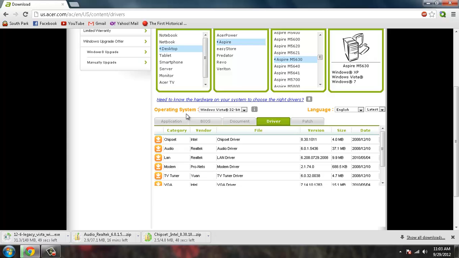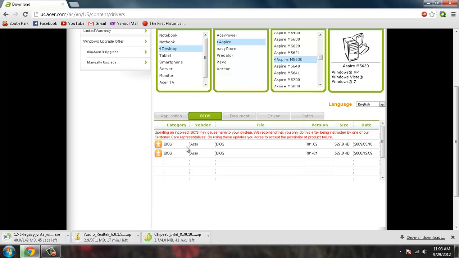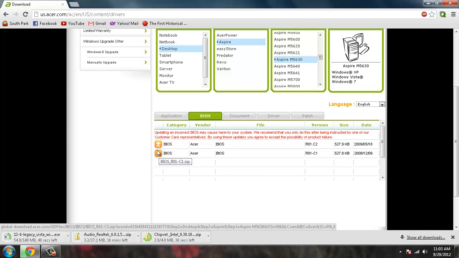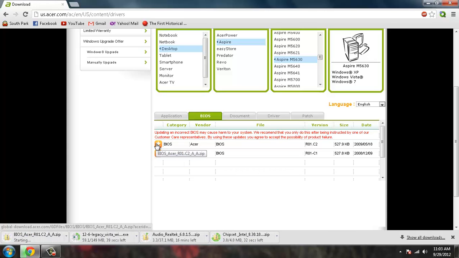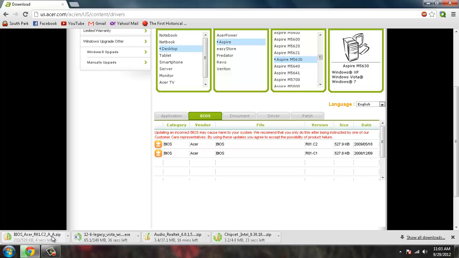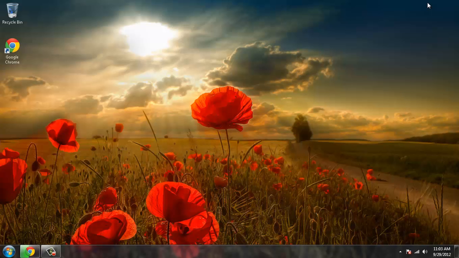Now, another thing I'm going to cover in drivers is the BIOS, how to update the BIOS. So, I don't think I need to do this. It also varies by computer, but what you need to do is download the latest version of BIOS. It should be on your website again, and it will download. Now, I probably won't install it because I believe I have the up-to-date BIOS, but depending on